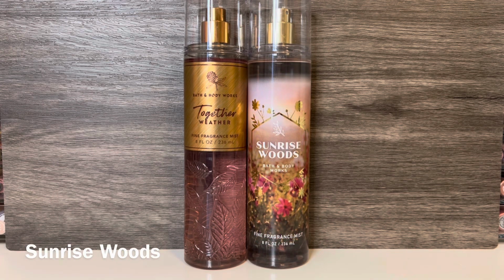Next is Bath & Body Works Sunrise Woods, which has notes of creamy sandalwood, sweet berries, and cozy cashmere. And this is a warm and cozy scent with a lot of sandalwood. It also has a good amount of berries and a kind of creamy sweetness. These share a sweet mix of fruit and woods, but Sunrise Woods is warmer and creamier, while Together Weather is